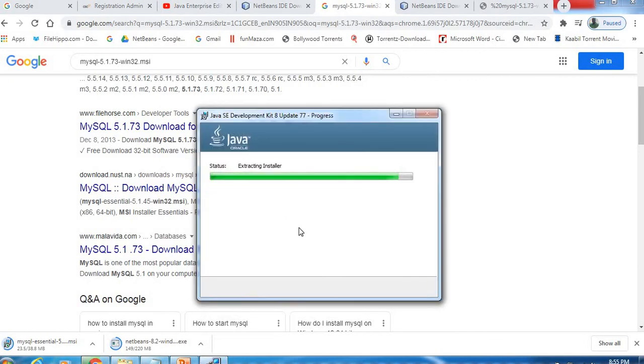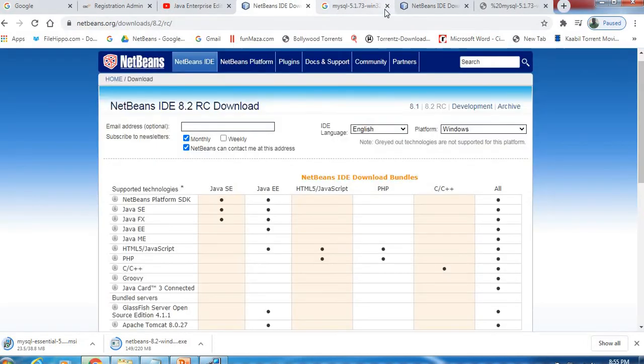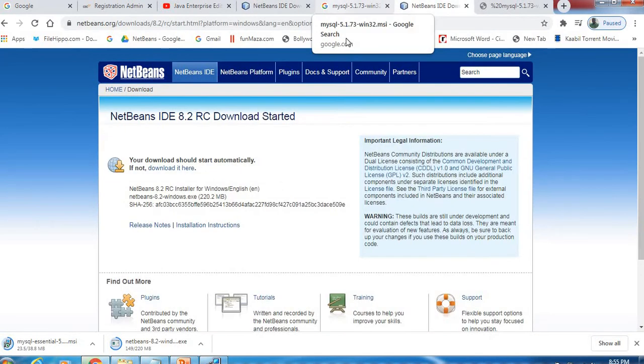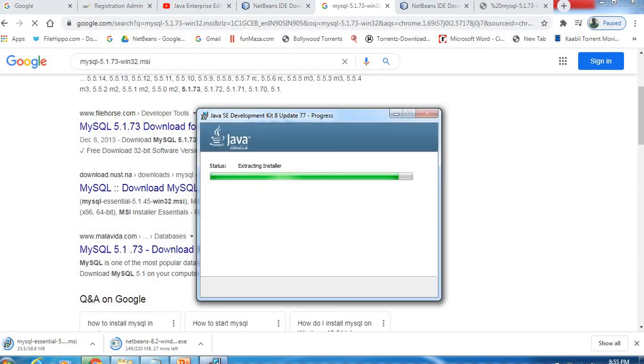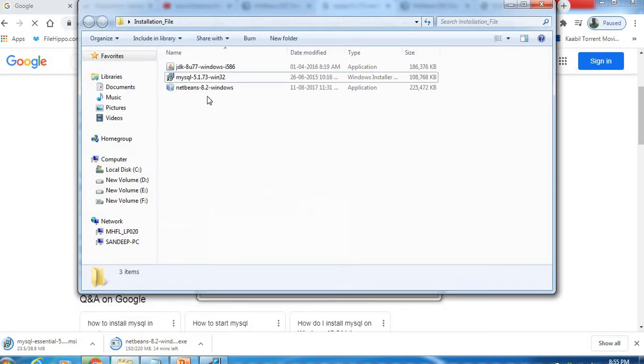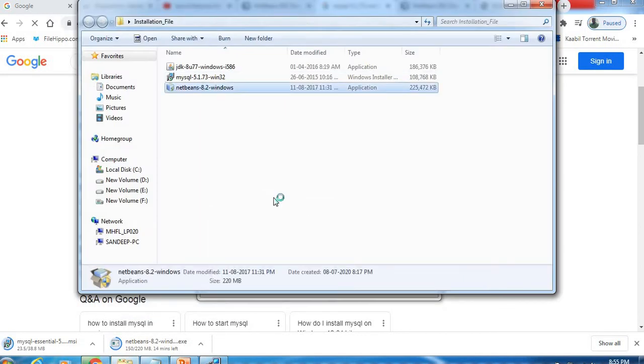So this Java setup is going on. In between I will try this NetBeans file if it has started.